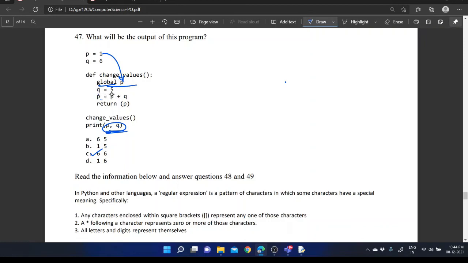And if you change any value of the global variable, that will be reflected back to the original variable. And here we declared a local variable that's not part of this one. This Q is a global, and this one is a local variable. So whatever changes that we make within the local